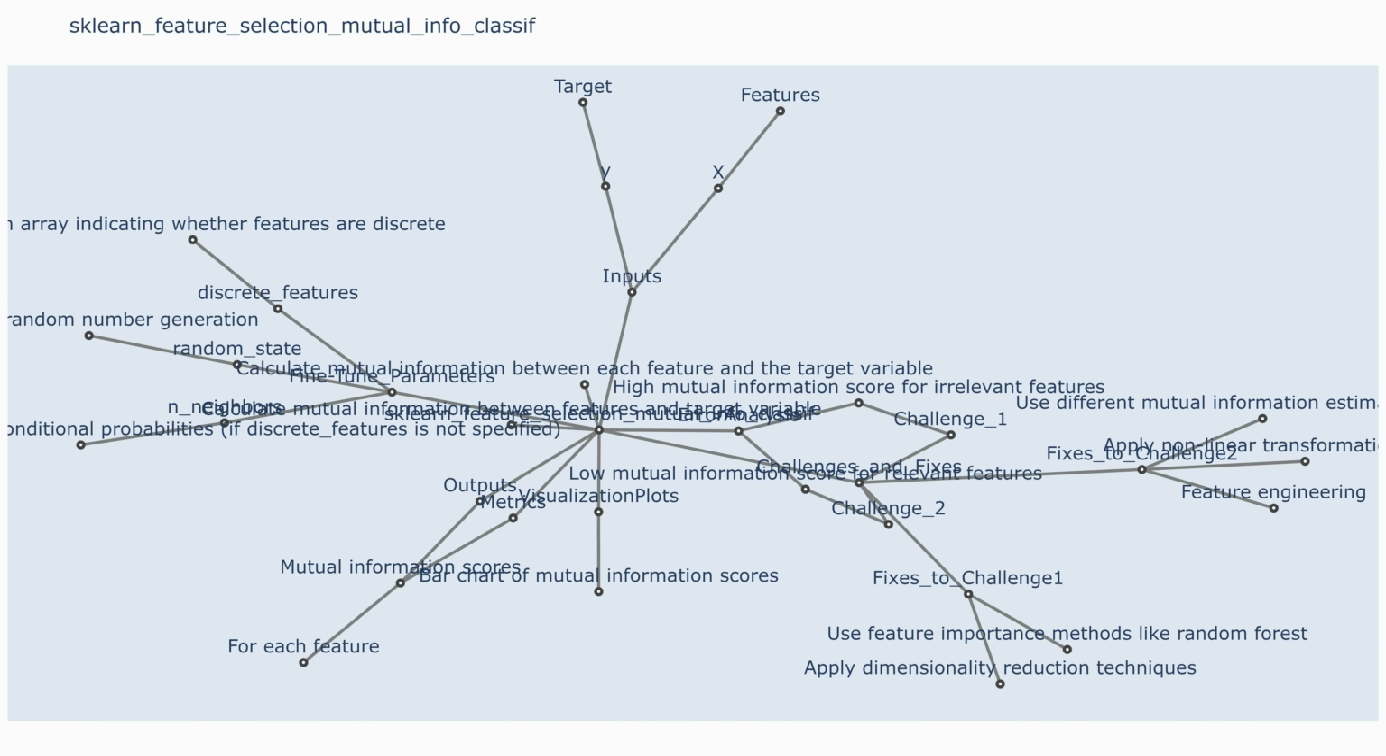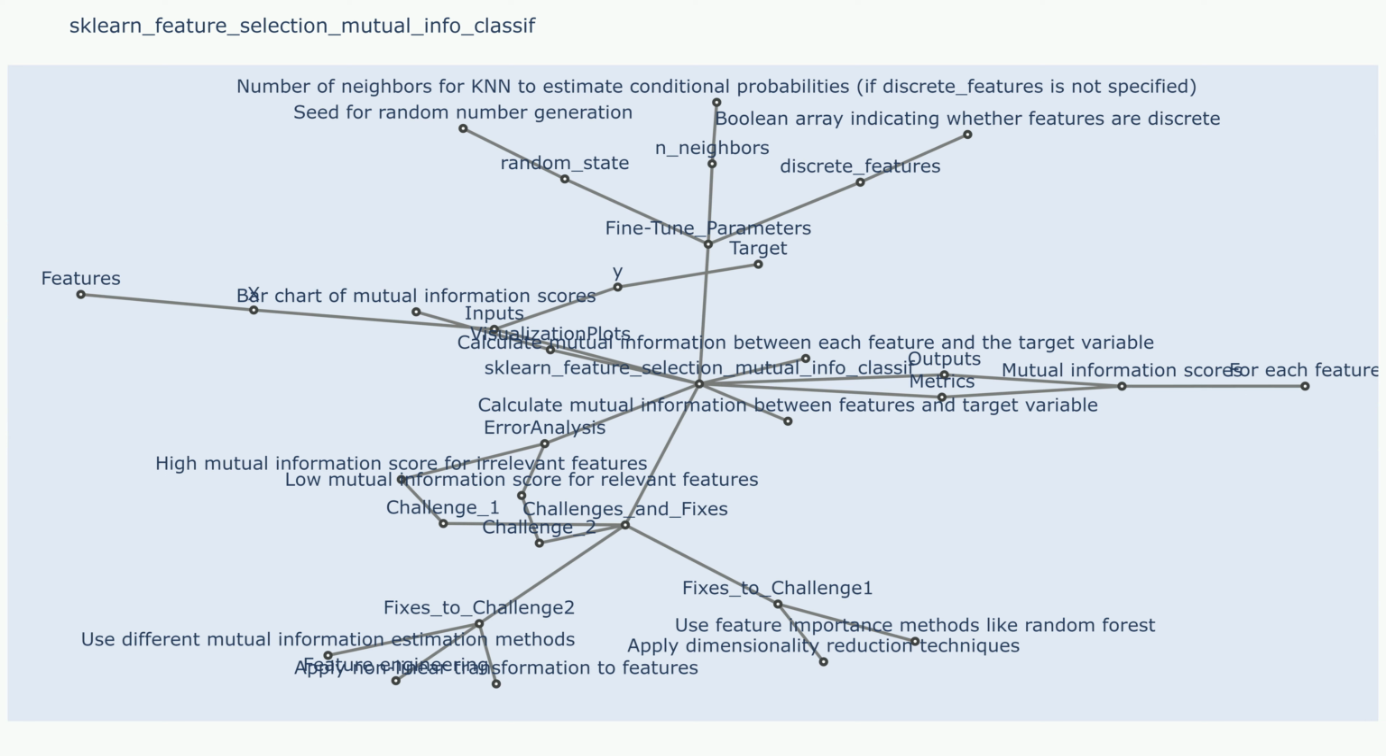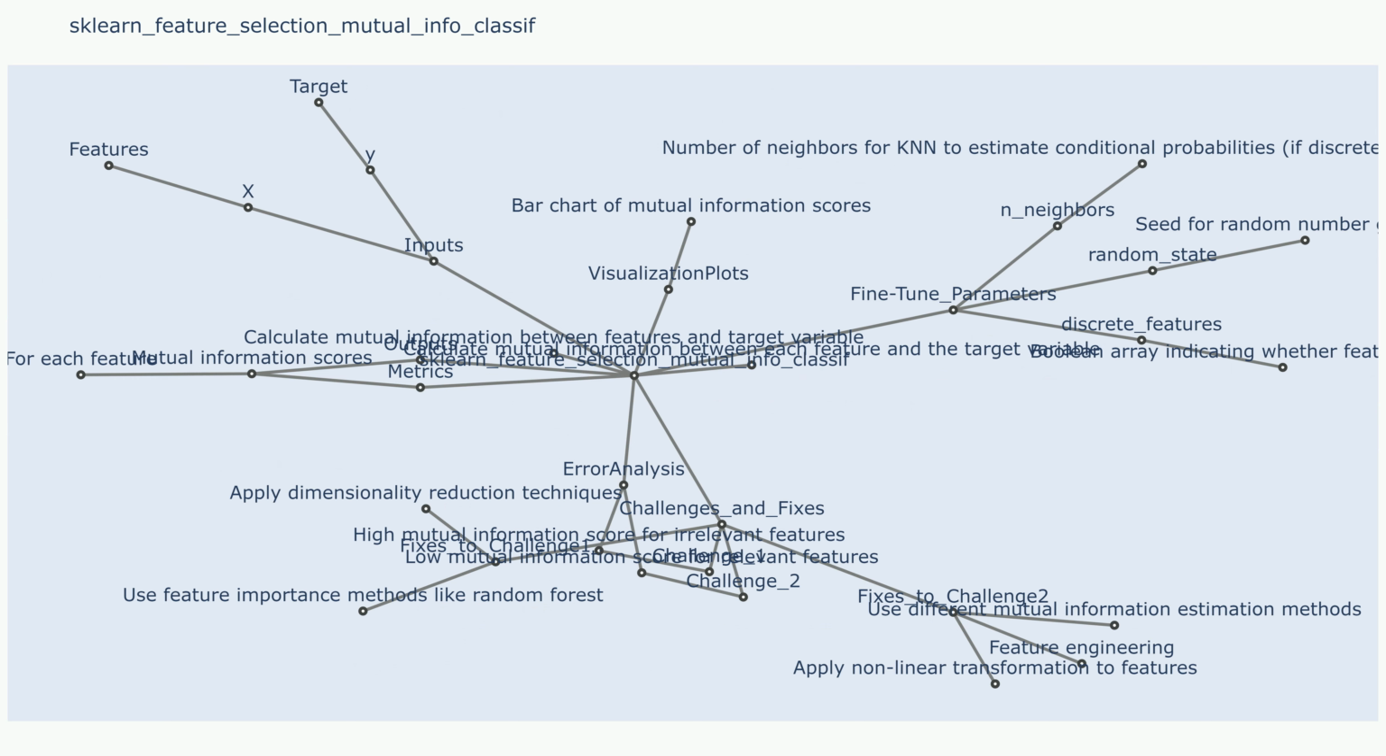sklearn.feature_selection.mutual_info_classif. Description: This function calculates the mutual information between each feature and the target variable for classification problems. Mutual information is a measure of the dependency between two random variables. It quantifies how much knowing the value of one variable reduces uncertainty about the value of another variable. In the context of feature selection, a higher mutual information value indicates that the feature is more informative for predicting